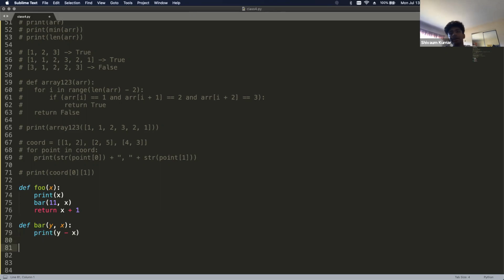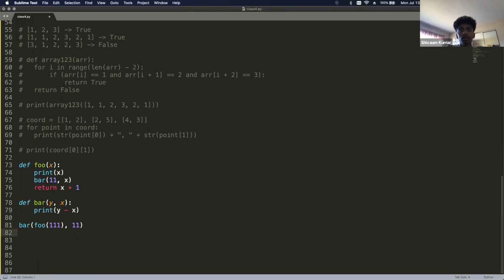So if I were to call something like bar of foo of 111, and we'll just say 11. This is an example of calling functions within other functions. Right here, we see that this function returns an integer value, and I need an integer value here when I'm doing the subtraction. So that's why foo 111 would work here.